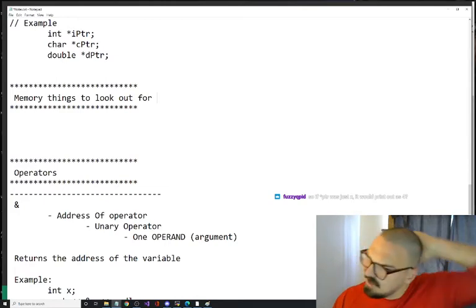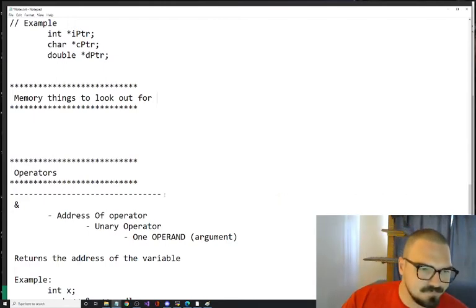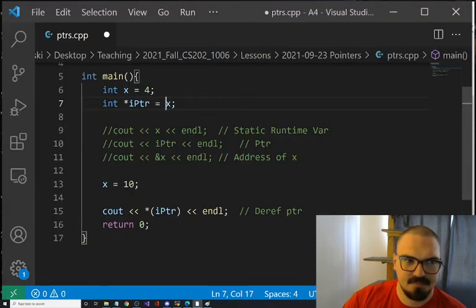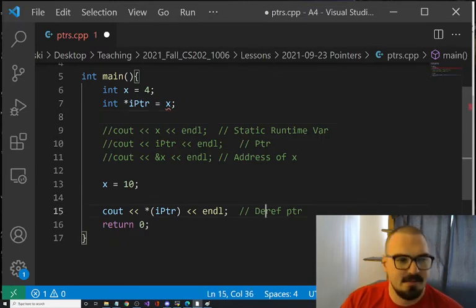Fuzzy asks, if pointer was just X, it would print out as 4? What do you mean? If I just said that?